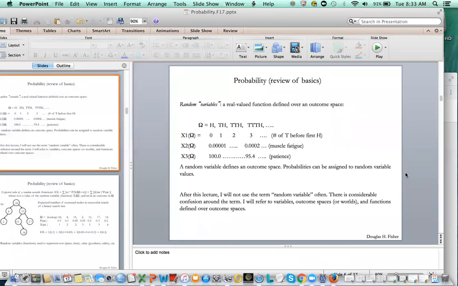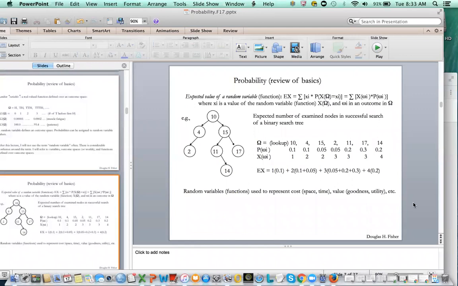And it's not terribly well explained in the text, so we're probably just going to bootstrap without it. I'm going to make do without referring to it. So I'll simply explicitly define or talk about functions defined over outcome spaces when I need to talk about it. It may come up from time to time as a term. It will today. But later on, probably not as much. So the expected value, and I'm looking now at